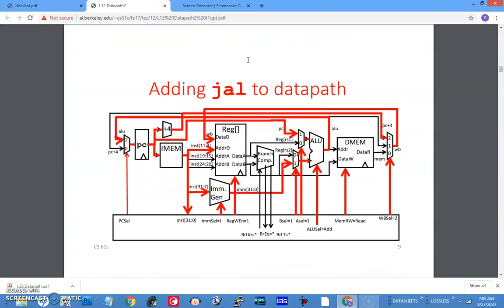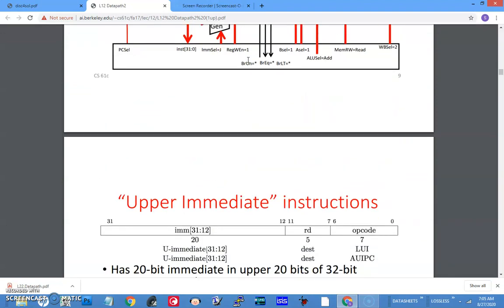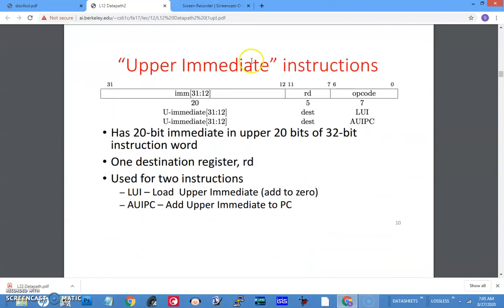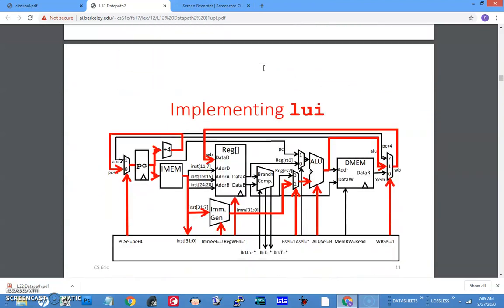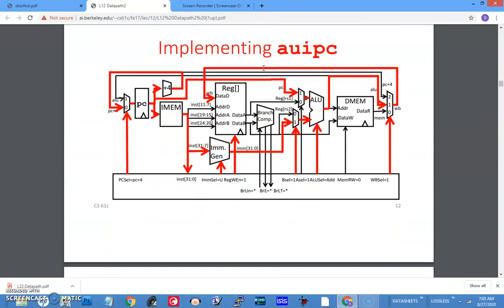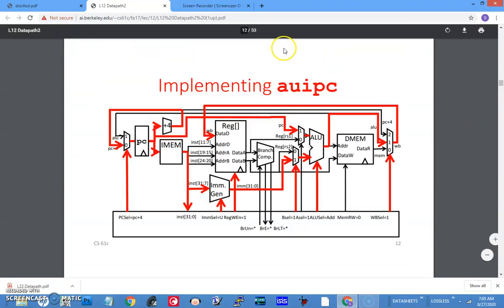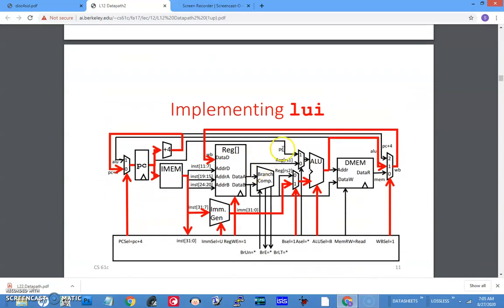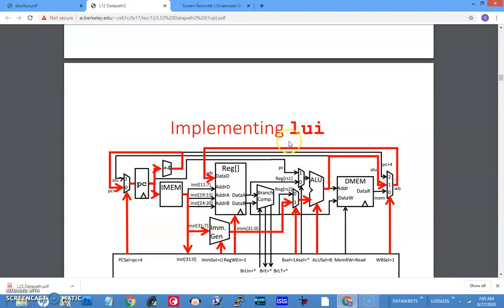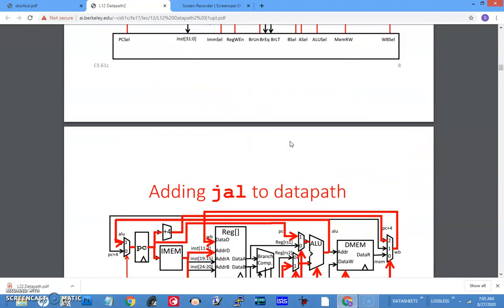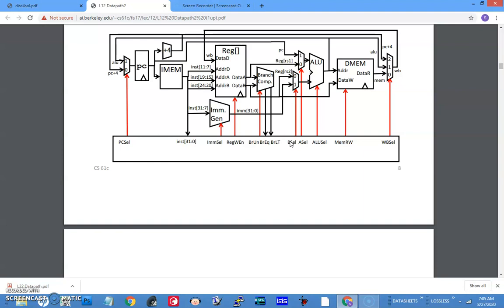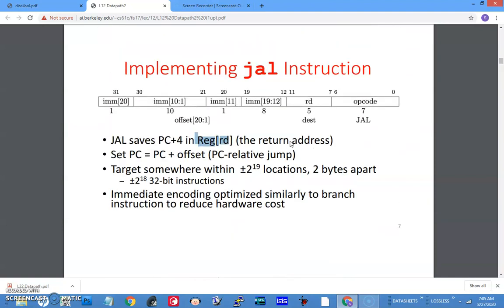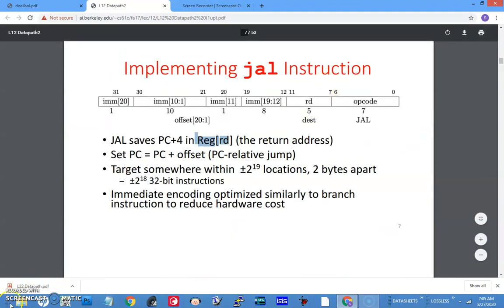You have more details here. If you follow this, you will understand. Similar examples are there, such as the upper immediate instruction LUI, load upper immediate. This also you can go through and understand. This contains a lot of such examples. You need not study the AUIPC instruction, but LUI you can study. Spend some time on this video and slide set, and I'll share the link to the slides in the description. So the takeaway message is, how are we going to add a new instruction?